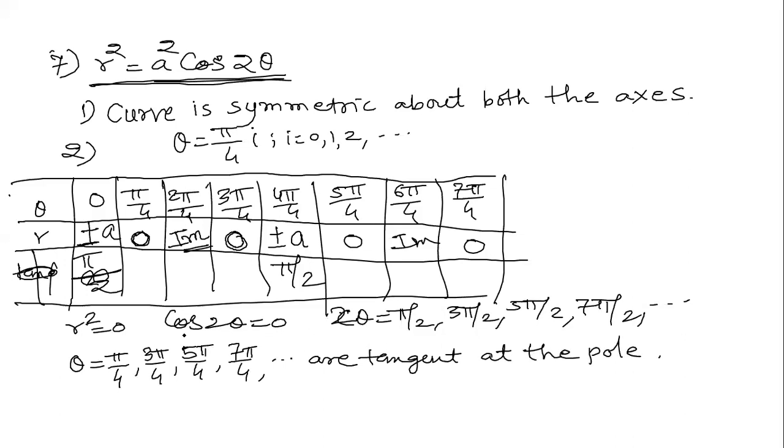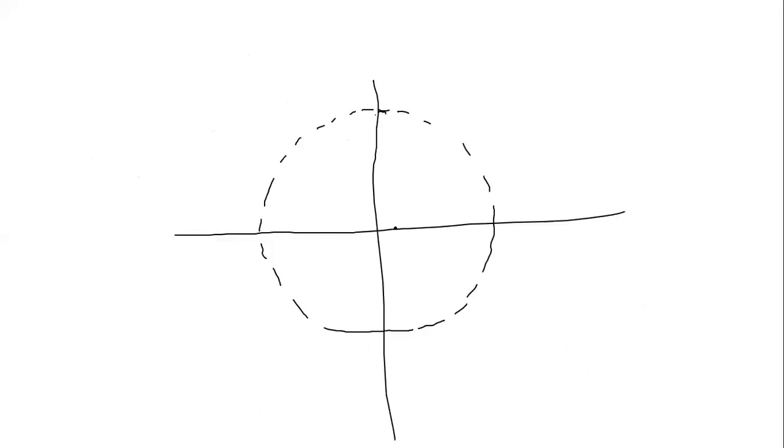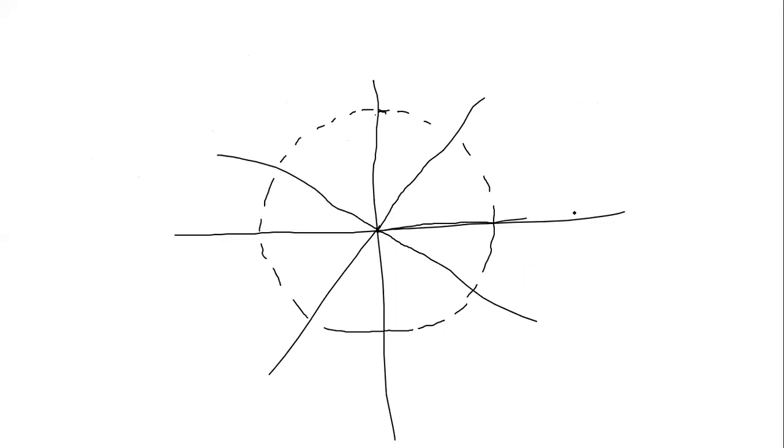And let us see carefully. Theta equal to 0, r equal to a, and r equal to minus a. So I am going to draw these lines also. This is the line theta equal to 0 and r is equal to a. This is the point. We know phi equal to 90 degrees, so this is tangent. Theta equal to 0, r equal to a, so the curve must be like this.